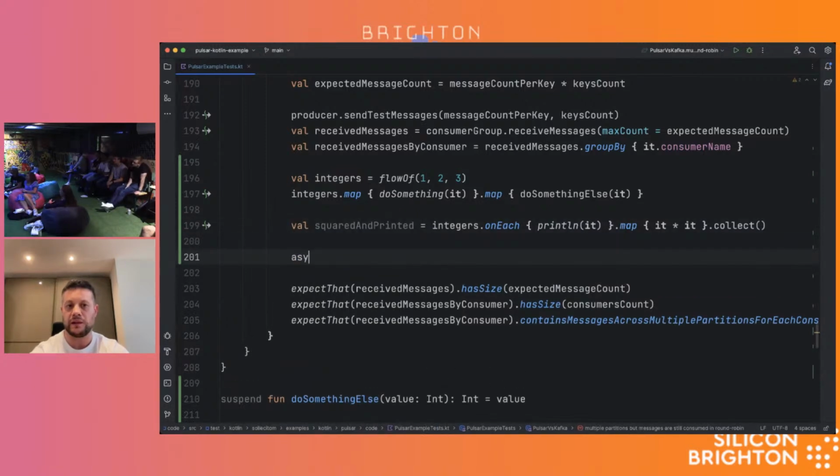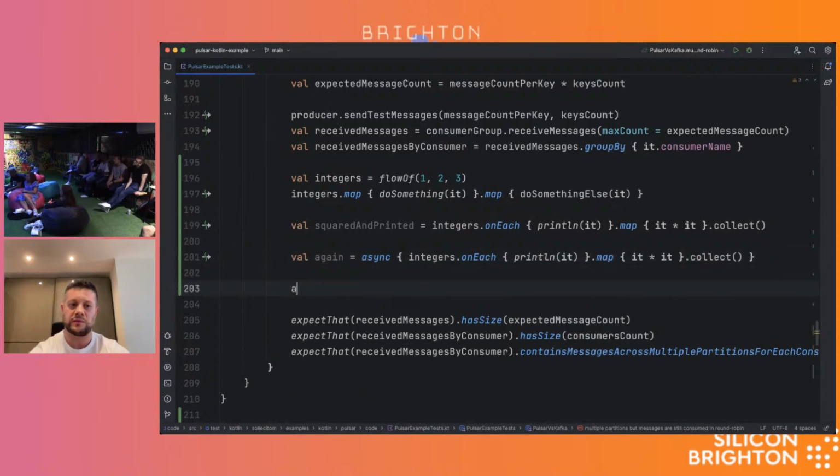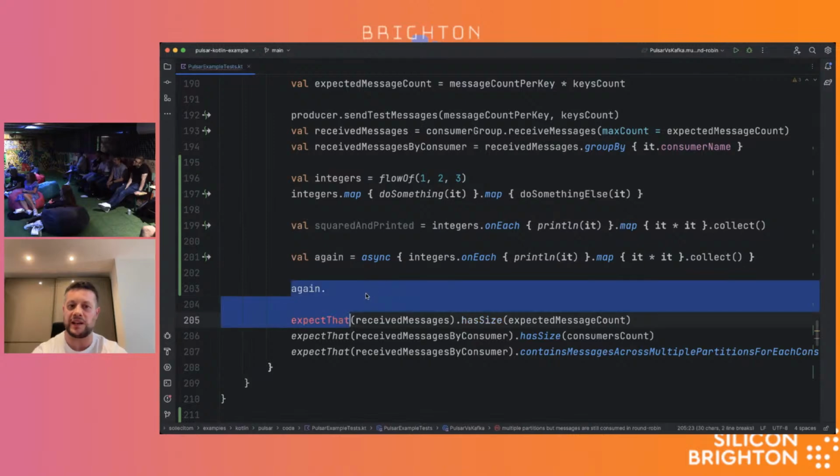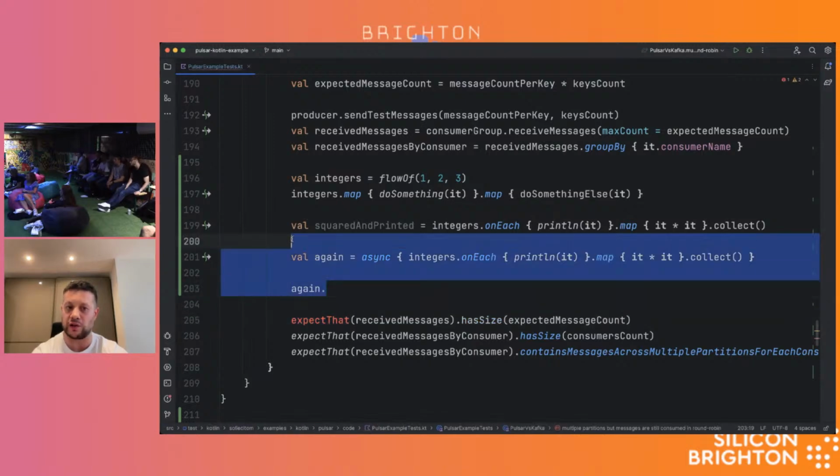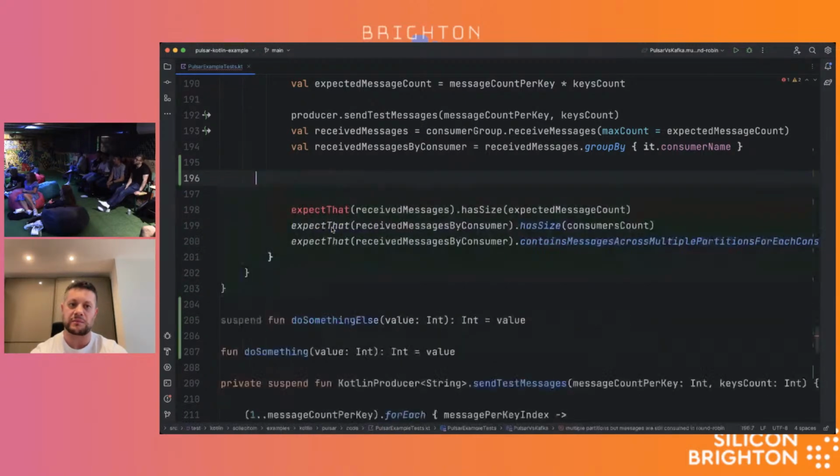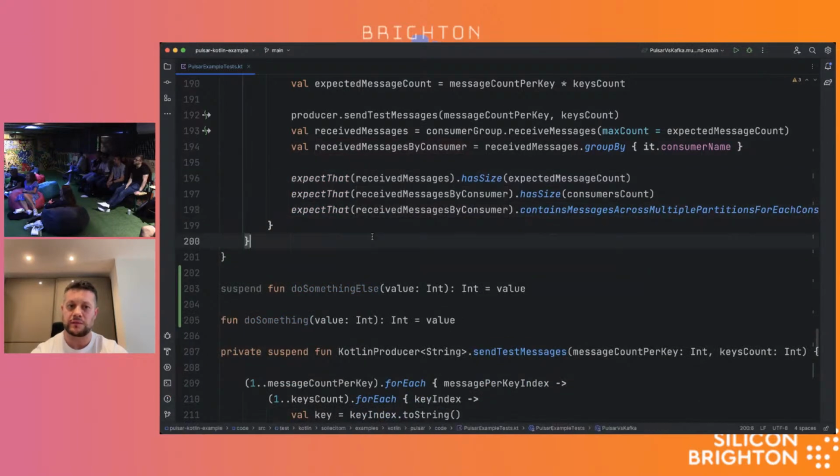I can say, give me this async, do the same thing. And this is asynchronous, and I can basically wait on it, I can compose it, and it just plays very nicely with the whole coroutine context. So that's kind of the difference.